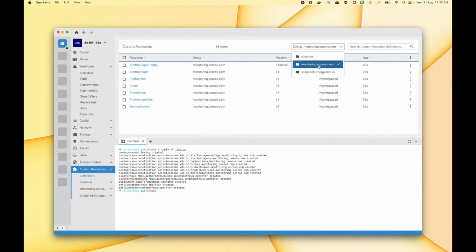So let me just filter it out. So here you can see we have these custom resource definitions that we just deployed, and now let's try to create those resources, those alert manager, those black box exporter, those node exporter and cube state metrics. So let's try to deploy all those resources,